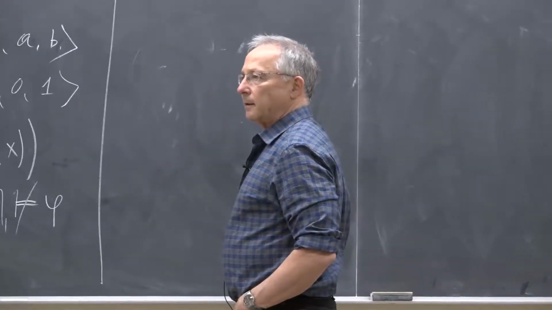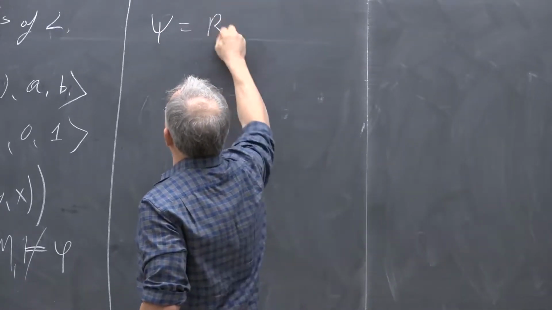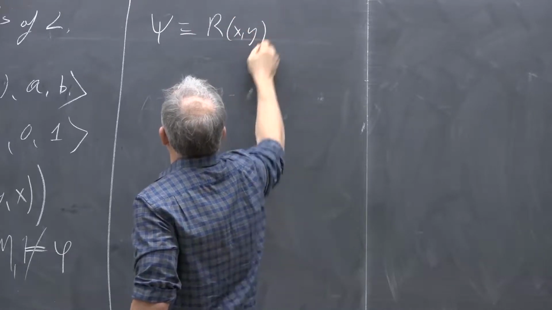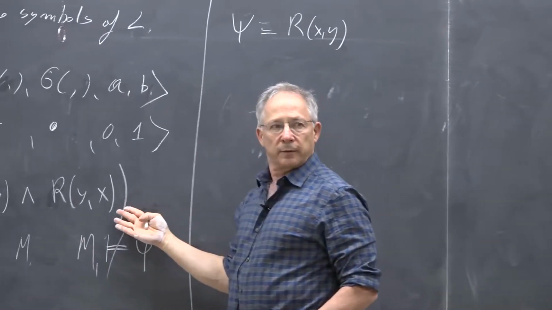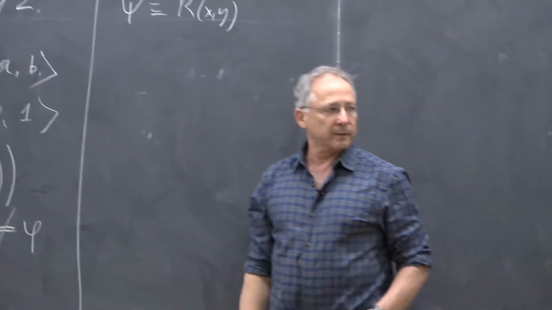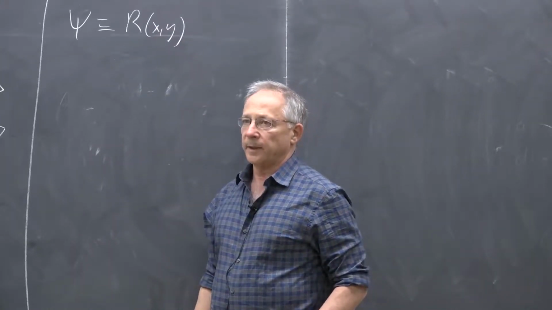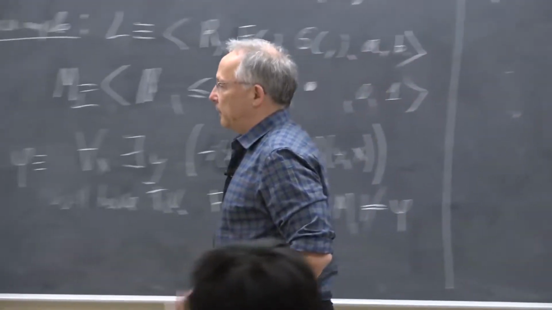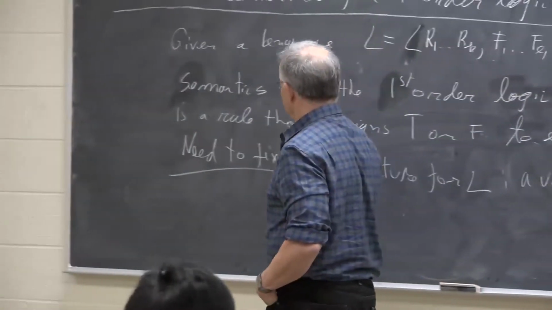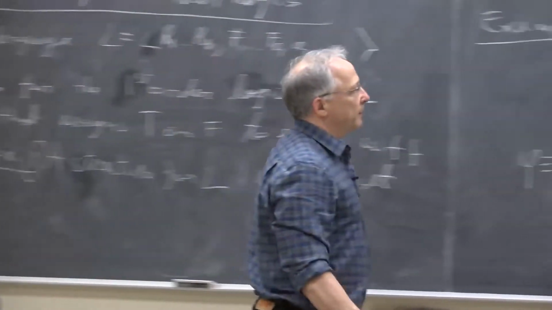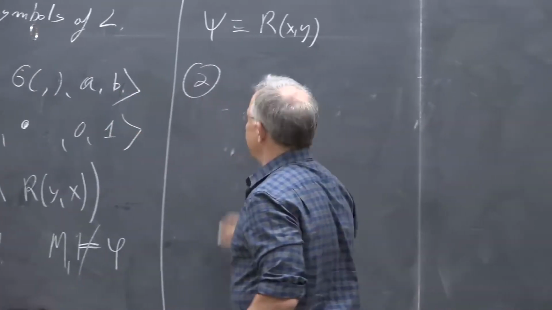Yes? R of x y. Right. So if I take the formula psi, which is R of x y, an atomic formula, then I cannot tell whether it is true or false in this structure, because I cannot determine its value as long as I don't know what x is and what y is. So the first component is a structure, and the second component that we need is